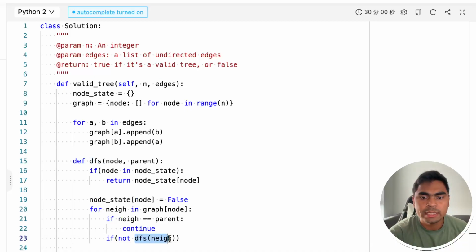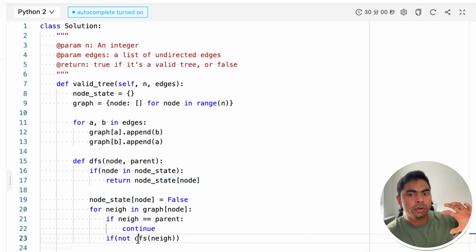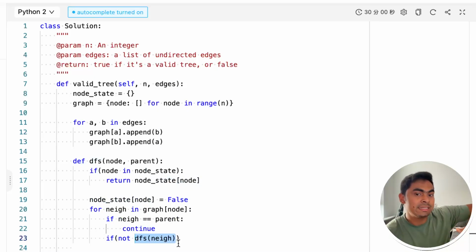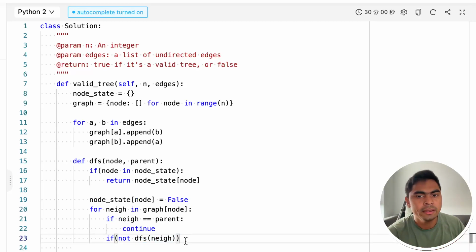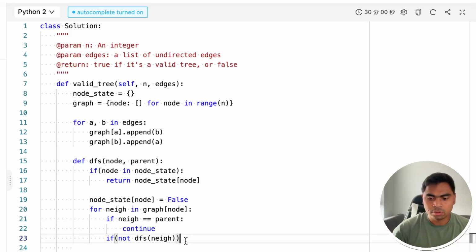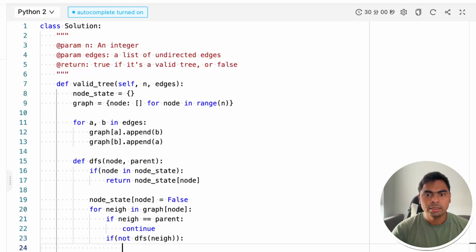And this is the only reason I want to have this marked false. So if any of the neighbors tries to explore it as its neighbor or child, then it will become a cycle. So if this returns false, then I will return false here. Otherwise,